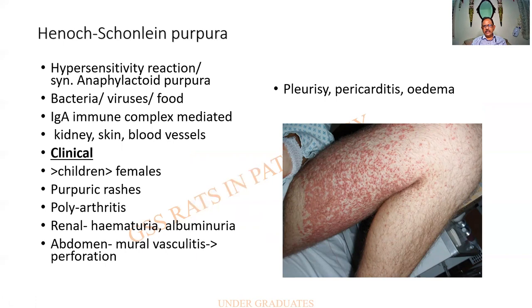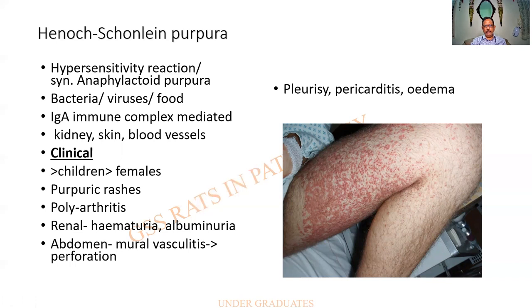In this context, there is one disorder which might be asked. It has been asked as a question in some of the universities. We will not omit this question if we get it. Henoch-Schönlein purpura. Basically, it is a vasculitis. It is a hypersensitivity reaction. And there is a synonym for it. It is an